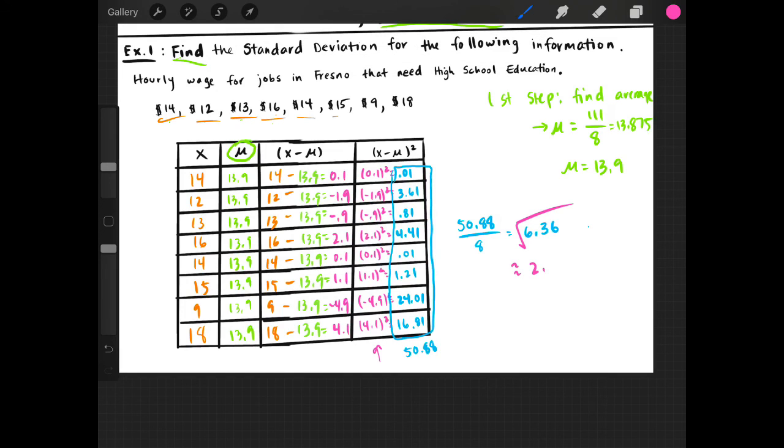And you get something like 2.52. And let's just cap it there. So we end up getting 2.52. That is your standard deviation. I'm going to put approximately 2.52. So again, what we did at the end was we took all of those numbers that we subtracted from the mean and squared, and then we found the average of the numbers in the blue box. After you find the average, you square root it. That right there is your standard deviation,